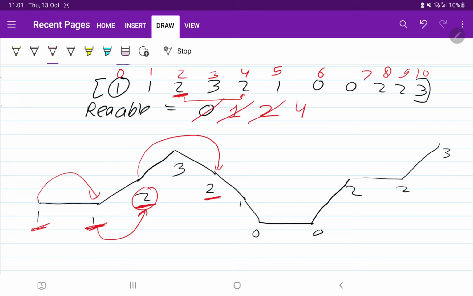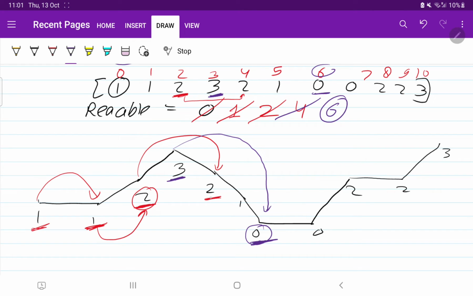Okay, now we will come to the next element of the array. So it is 3. So we will come to the 3 and we will say what is the maximum distance you can cover. He told that he can jump maximum till distance 3. So he can jump till this position. And what is this position? 6th index. So our reachable will be updated to 6.